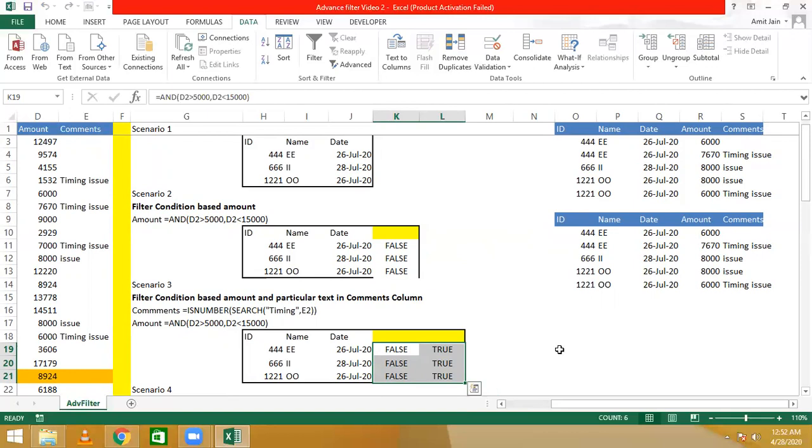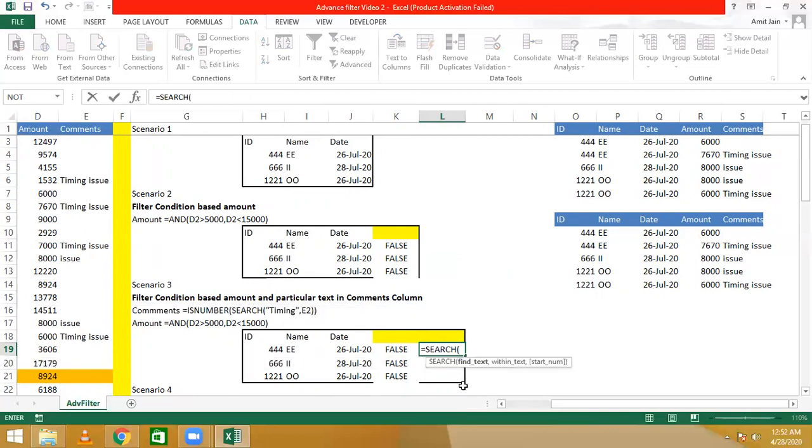But we want to filter a certain particular comment in the comment column, and there is a different formula for it, so that's why we are covering this example as well. In amount the formula is the same as what we covered in the previous example. For comment we will use the search function.